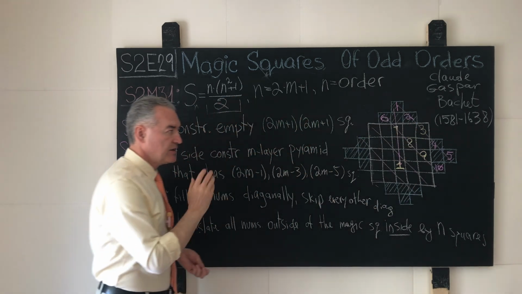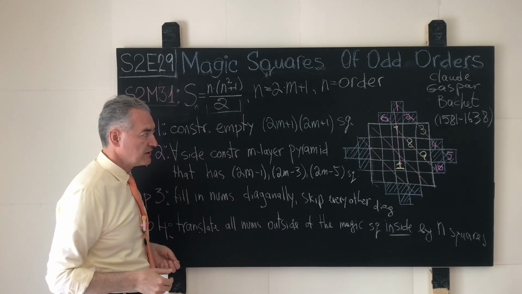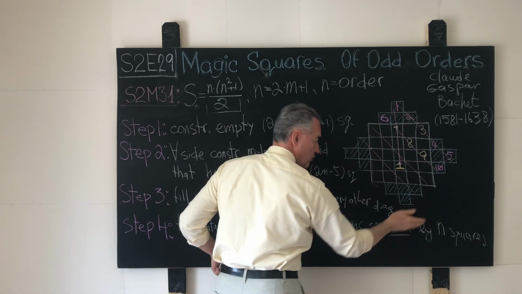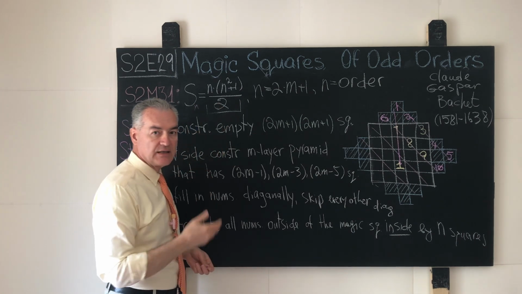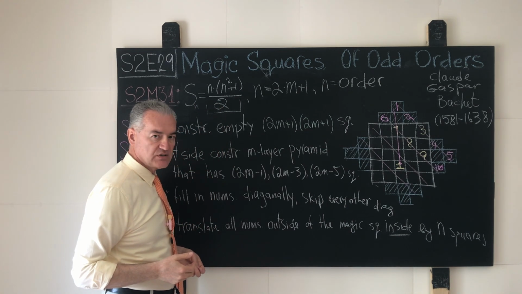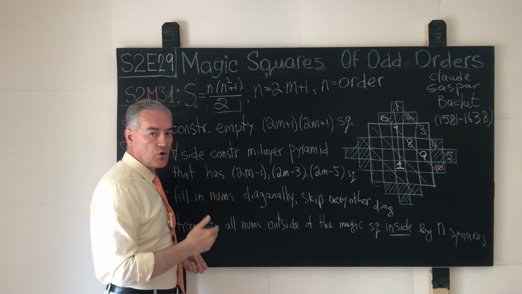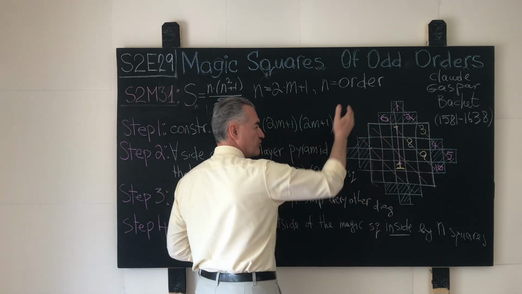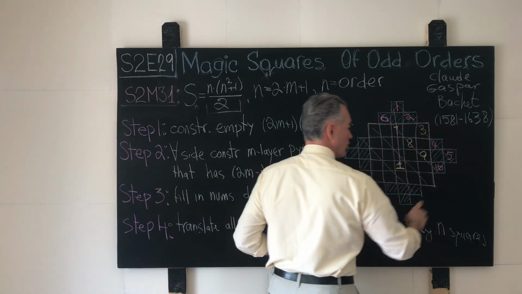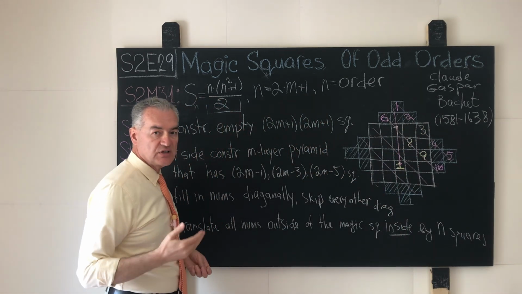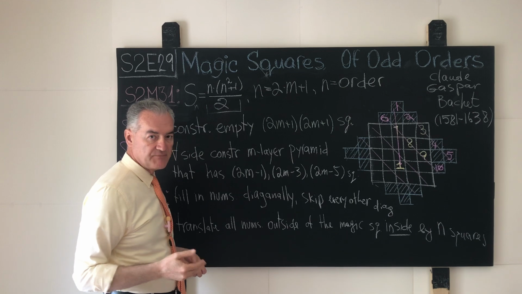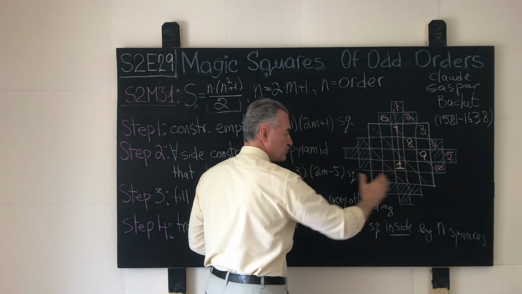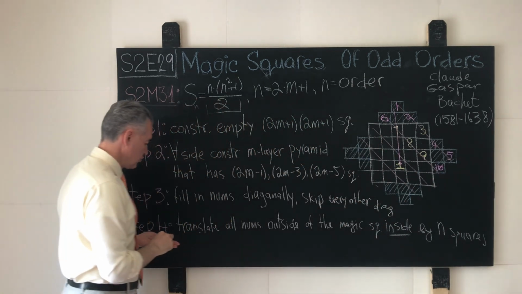and we repeat this operation for all the numbers. And here it should be evident and clearly understood that all the numbers that sit to the north of the northern and to the south of the southern border of the given magic square will be translated which way? Vertically along the proverbial y-axis. And all the numbers that sit to the west of the western and to the east of the eastern border of the given parent square will be translated how? They will be translated horizontally along the proverbial x-axis,